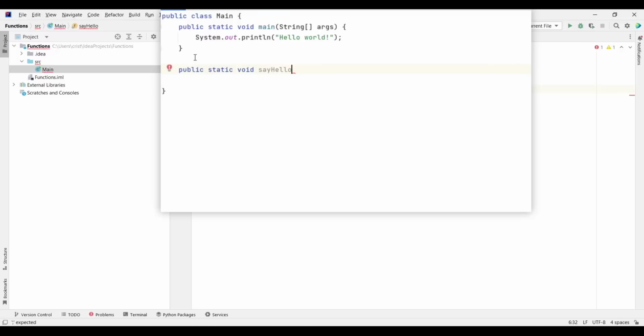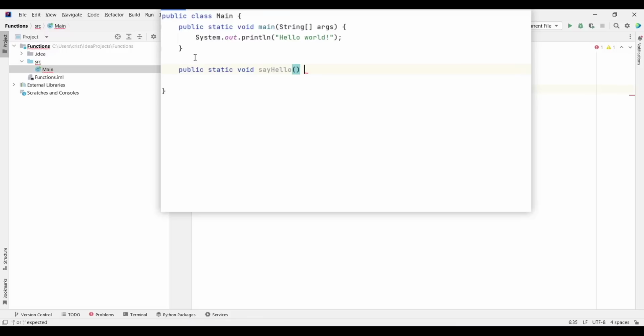Next, we need to put parentheses. As you can see on the top, both our functions have parentheses. When you declare a function, we need to put parentheses, because inside the parentheses you can define parameters which can receive a value when you call the function. But we're not going to declare any parameter for now.